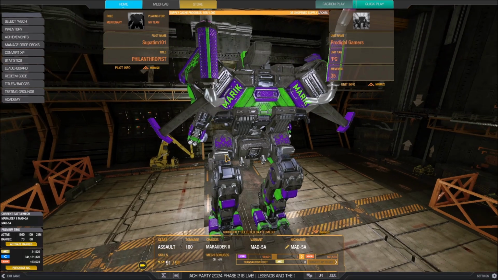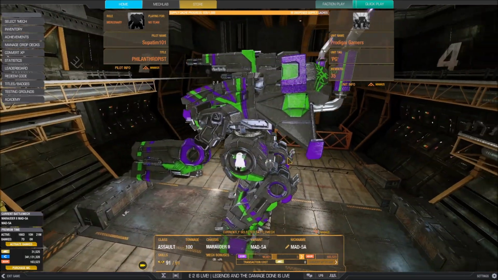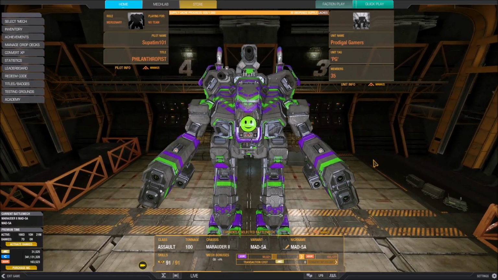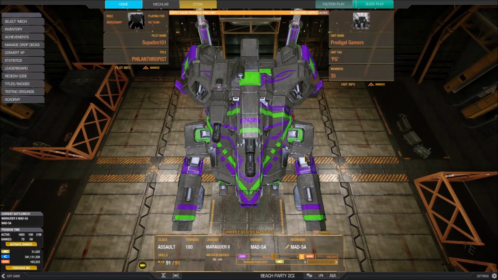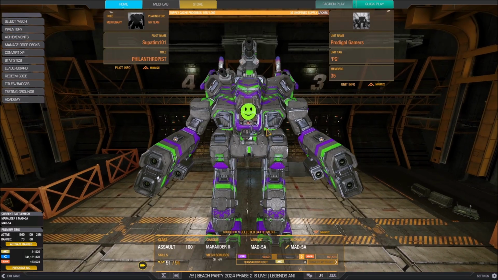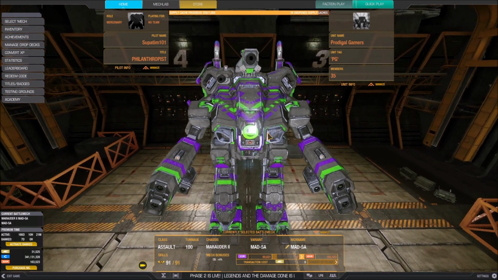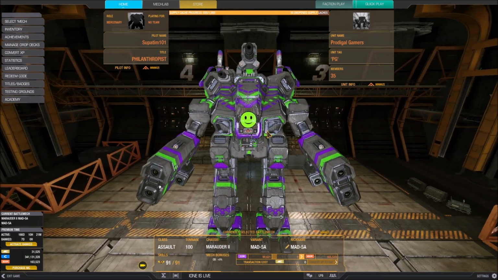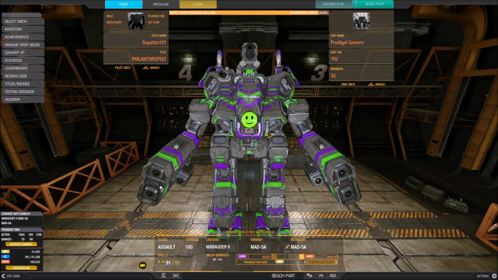It's Merrick themed, even though I don't think in the lore Merrick ever got a Marauder 2. That's okay. It still looks pretty cool, and it has what he wants to call the Super Tim signature, which is the smiley face in the middle. Not really sure why, but there it is. So that is the camo spec of this particular Marauder 5A, and the Marauder 5A to me feels like an